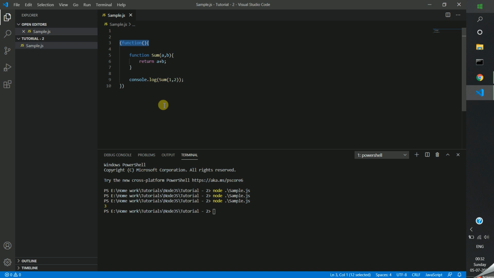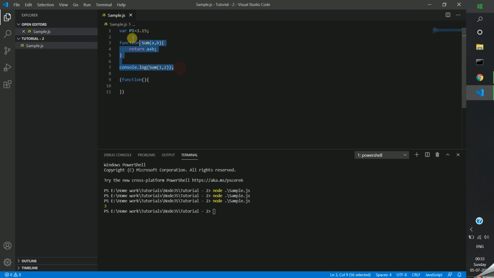Actually, I have explained the function wrapper in the JavaScript tutorial. If you don't have an idea about this, you can view that one. It will be better. If it is made into a function wrapper, all the inside content is converted into local scope. Meaning, for example, even if you define one global variable, I declare variable pi equal to 3.15, even though I created this variable as a global variable, in Node.js each file is considered a module.